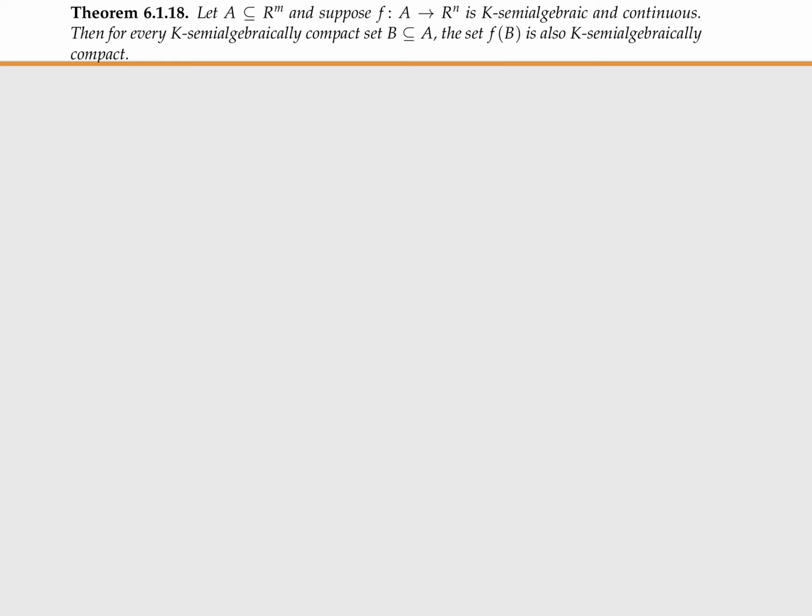Okay, so let's now go into a proof. If B is a K semi-algebraic subset of R^m that is contained in A, then its image under F is K semi-algebraic, just because in general images of K semi-algebraic sets under K semi-algebraic maps are K semi-algebraic. That was 6.1.13A. That was part of 6.1.13A. The same is true for pre-images. So since F is K semi-algebraic,